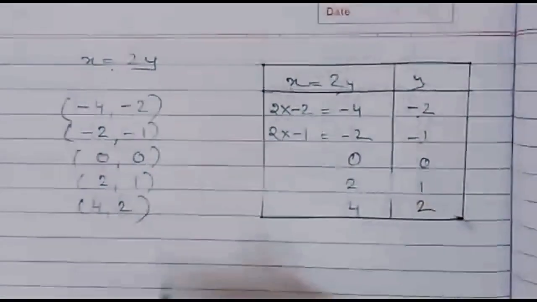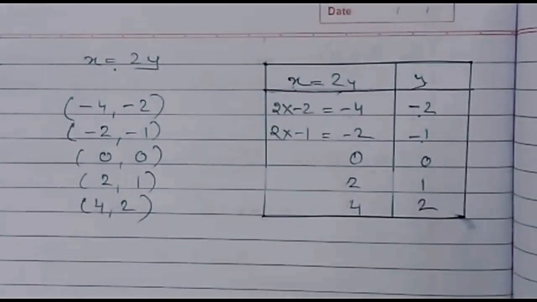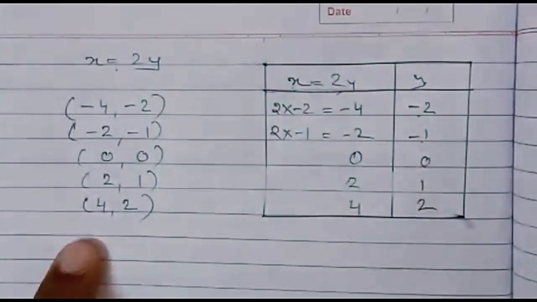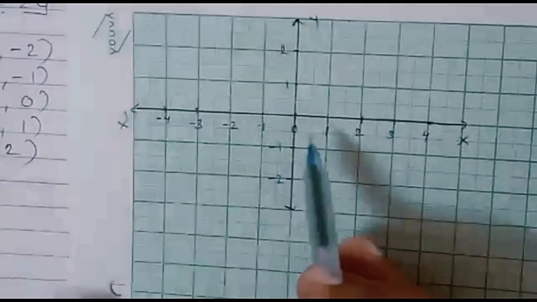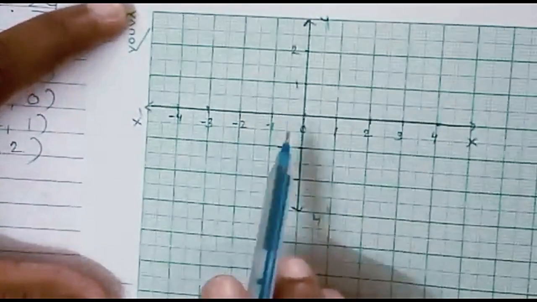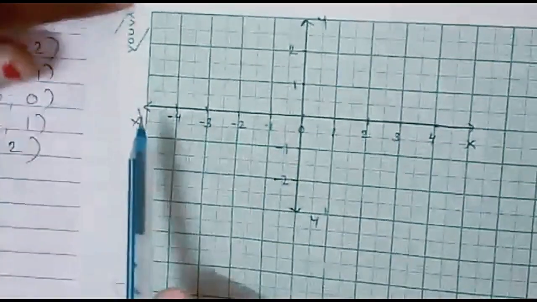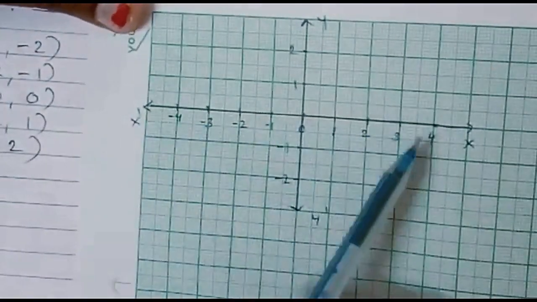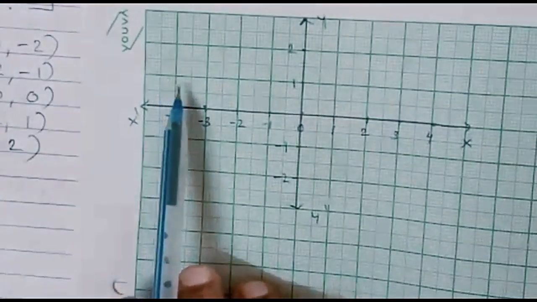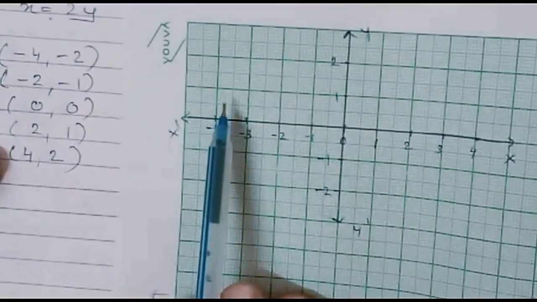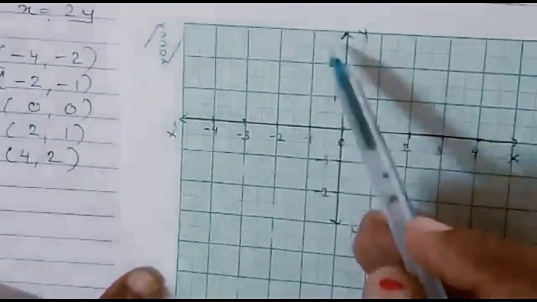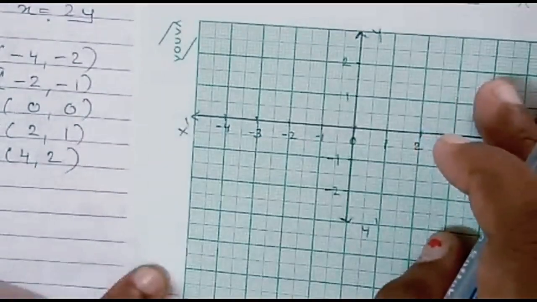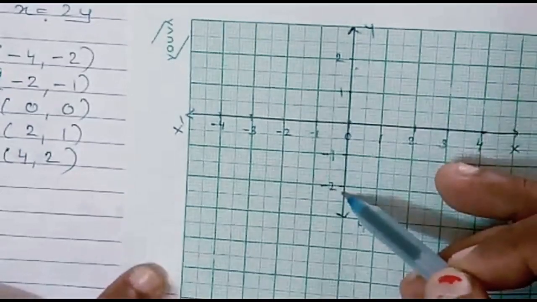Now you can take a graph paper, draw the x-axis and y-axis, and you need to plot all these points as I had shown you in chapter number 3. It's not necessary to draw a very big x-axis and y-axis. I have drawn a smaller x-axis in which I need the points only from -4 to +4. So I have just placed -4 to +4 on the x-axis. Same way, the vertical one is the y-axis. The points are 2 to -2.